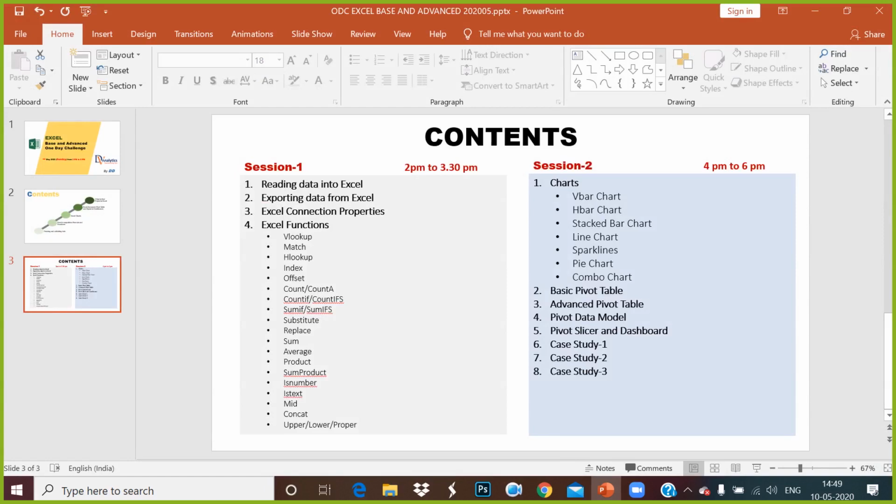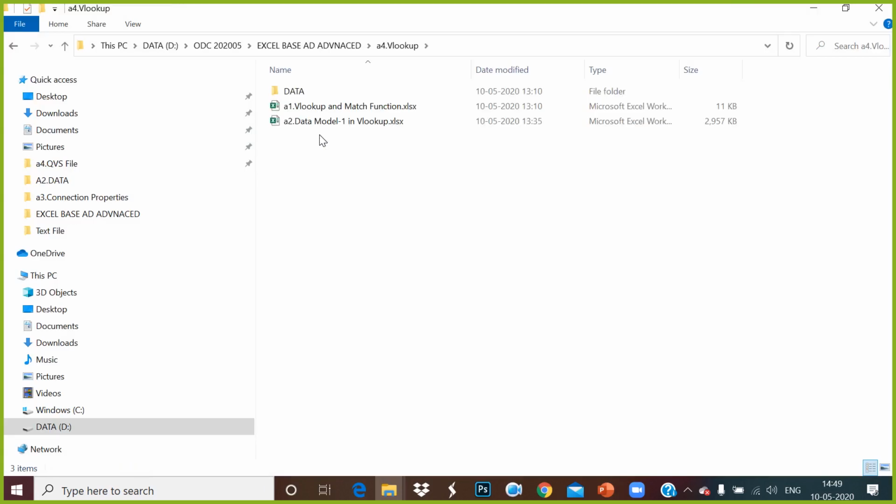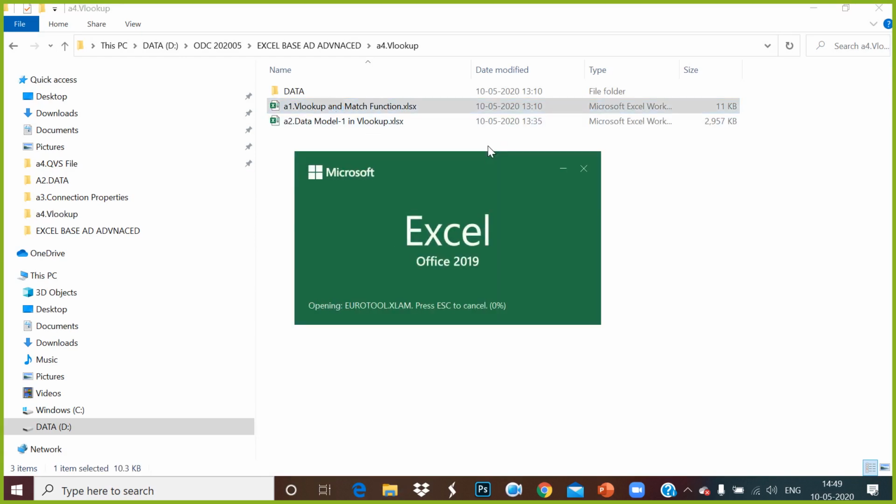Now we'll start with VLOOKUP. Okay, let me start with a VLOOKUP example. Okay, now